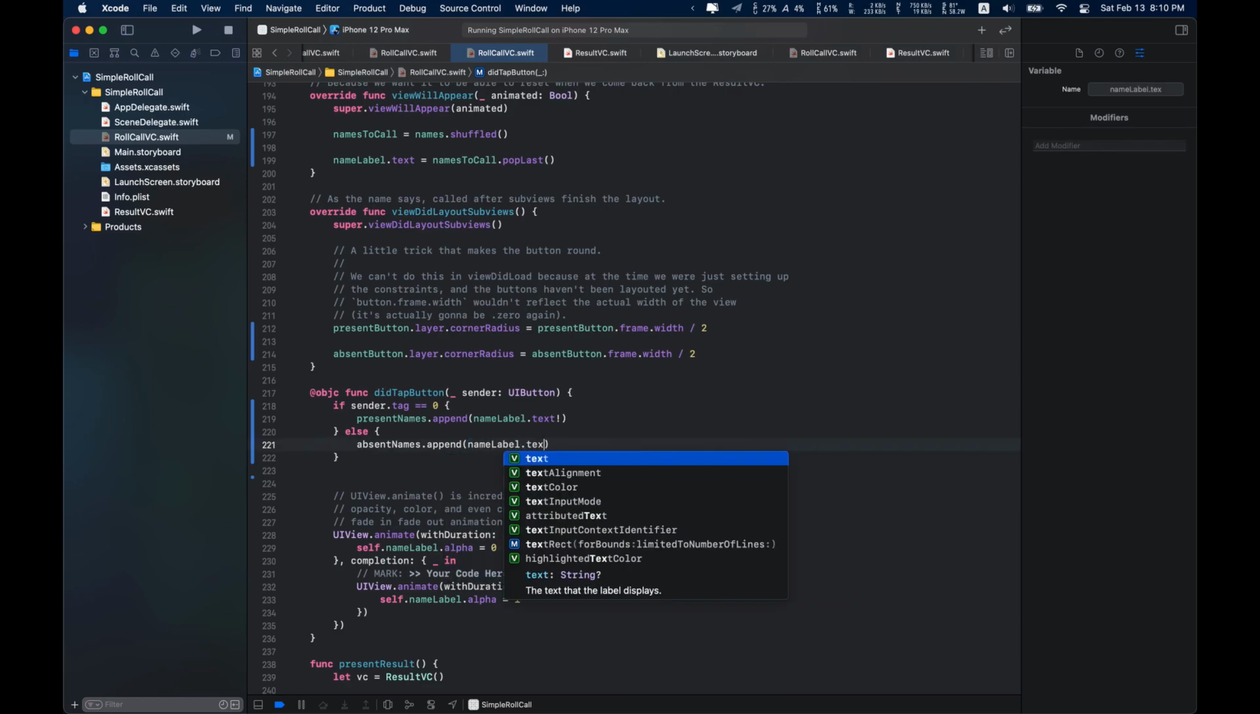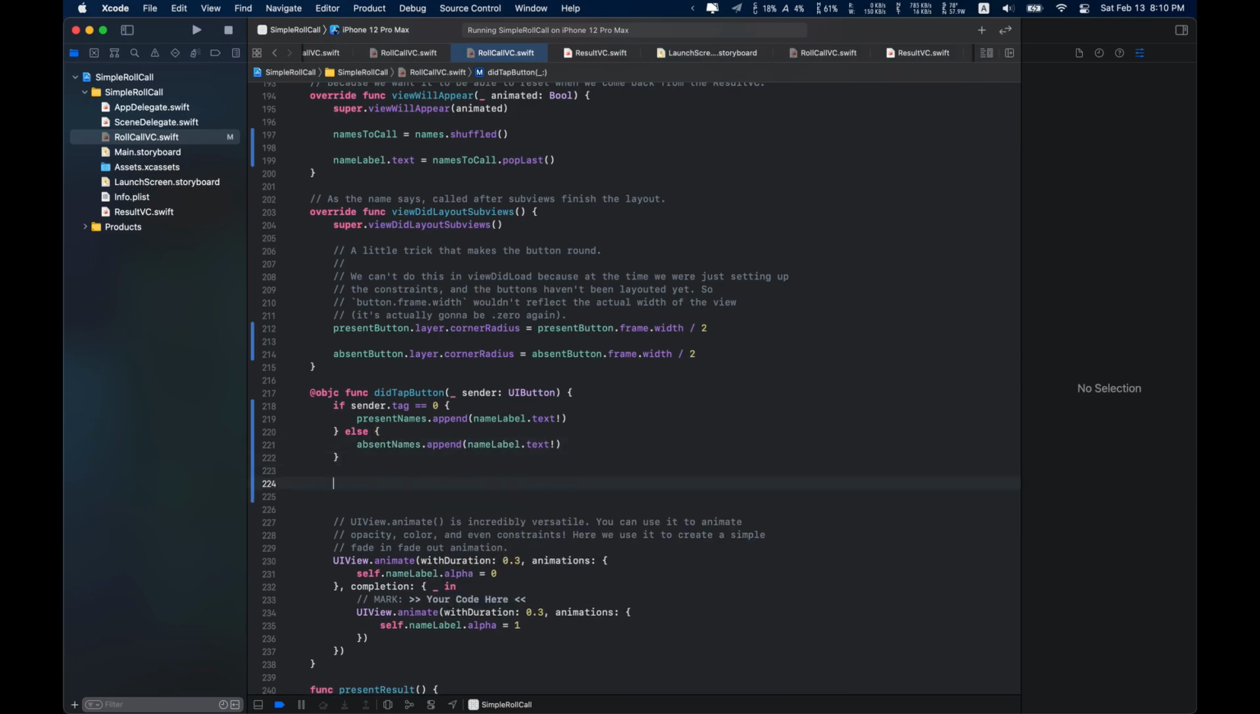Name label dot text force unwrap. And then finally, we want to get the last item in the names to call list, if there is one. However, if we run out of names, this statement, names to call pop last, will actually return nil. So we want some sort of mechanism to handle that, right? Because if names to call pop last gives us nil, that indicates that we should go to the result VC instead of continuing